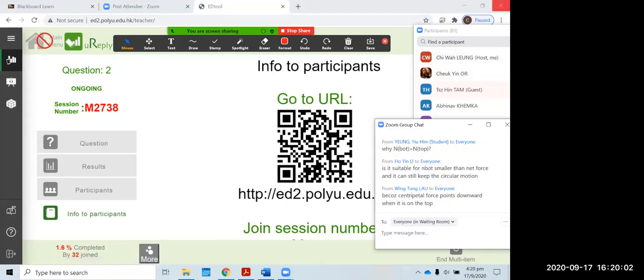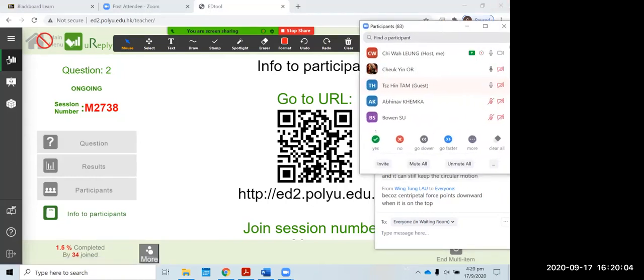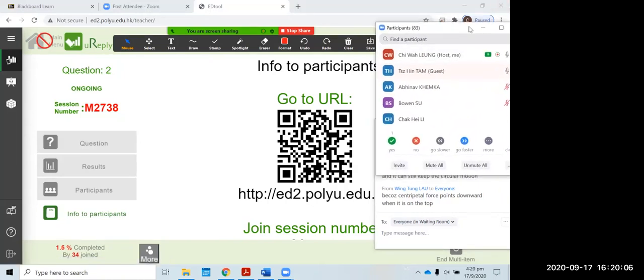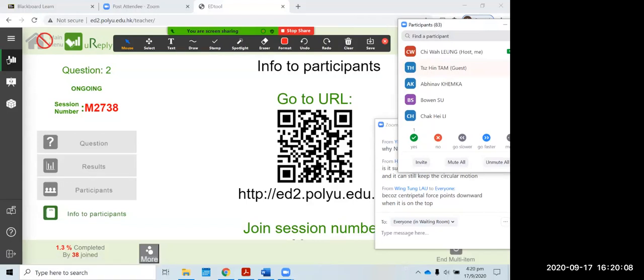I'm sorry, sir. I got a question about example 6.3. In the first line of the calculation, it said that the maximum friction is equal to mu times n. And I wonder why it is also equal to m times v squared over